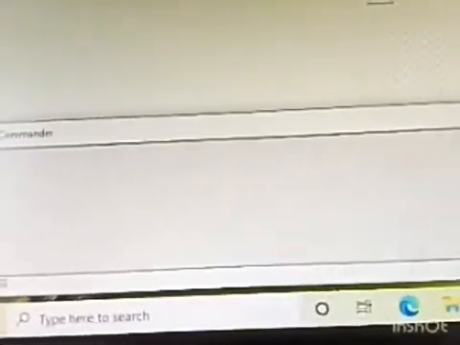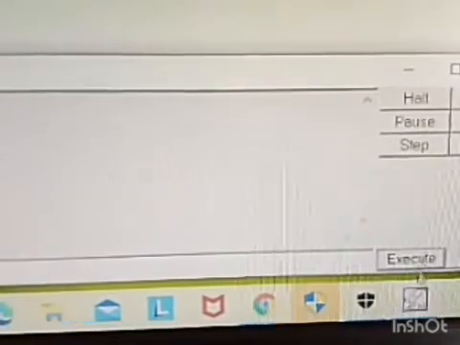Suppose I want my turtle to move 50 steps, so I will write FD 50. Now I have written FD 50 here. The next step is to execute. I will take my cursor to execute, and on pressing the execute button, just look at my turtle. This is the turtle. You will see it move 50 steps in the forward direction. So I will press execute. See, it moved 50 steps forward.